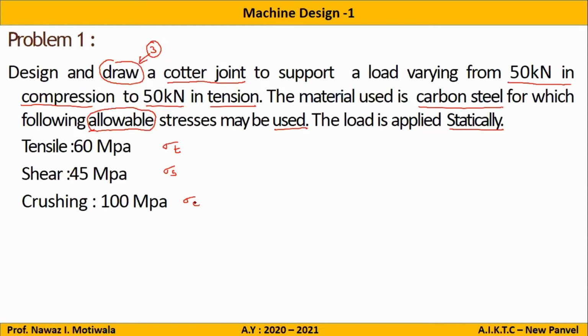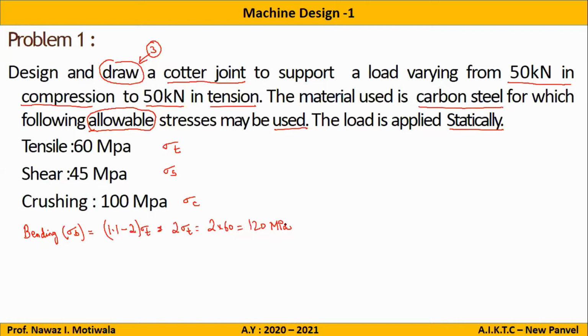Now, what is the stress which is missing? Which stress is missing from this question? Sigma B. Yes, we don't have the stress for bending. So I will write down here bending stress. Bending is sigma B, for which we have the empirical relation. It is 1.122 times sigma T. So for safety purpose, we will take 2 times sigma T. So it will be 2 into 60. That will be 120 MPa. Any doubts? No, sir. Okay.